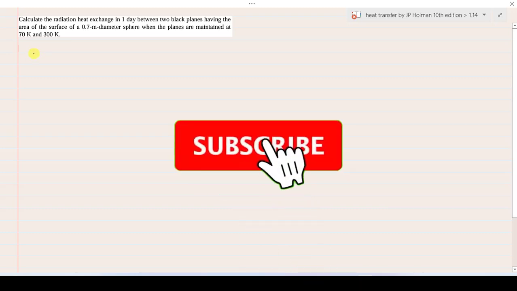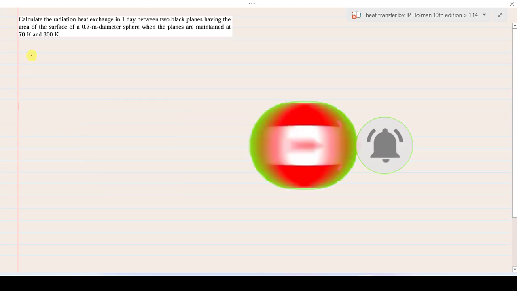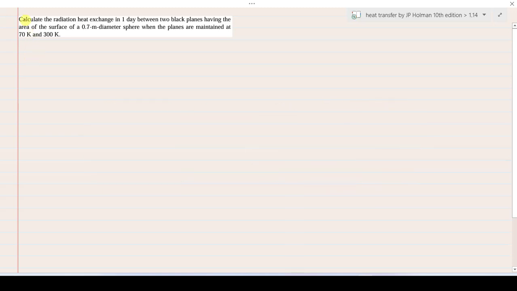Hi viewers, in this video we will solve problem 1.14 from the book Heat Transfer by J.P. Holman, 10th edition. Here is the statement: calculate the radiation heat exchange in one day between two black planes having the area of a surface of a 0.7 meter diameter sphere when the planes are maintained at 70 Kelvin and 300 Kelvin. So we have two spheres,